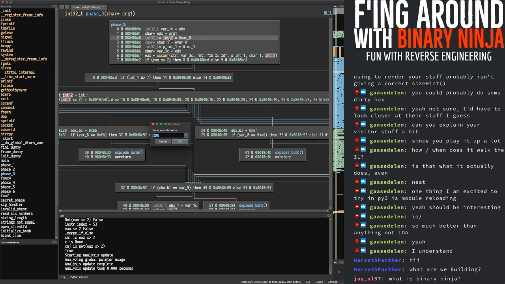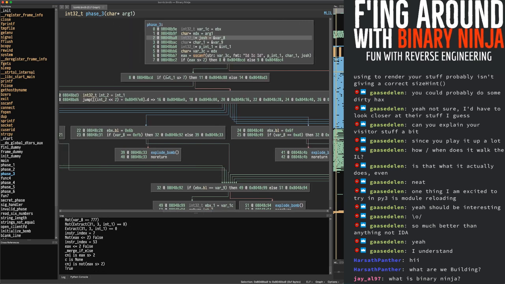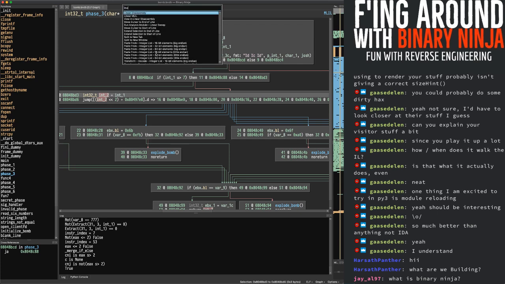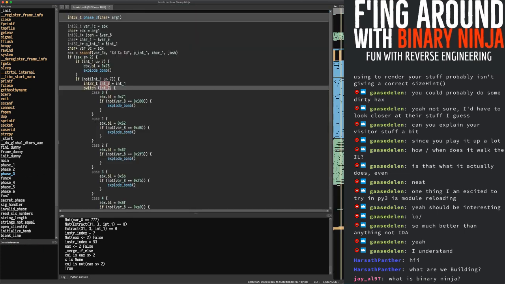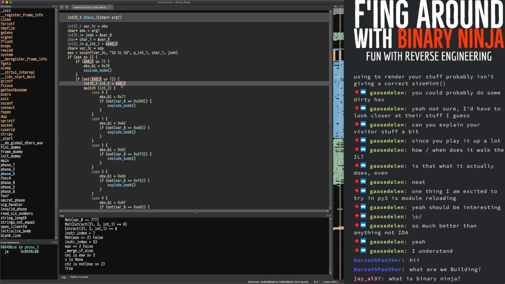Normally... Oh, maybe they're not. This one stayed named the same. Oh, I had named something int too. That's why it changed the name. Okay, so yes. So anyway, in a particular case like this, where it's int2 equals int1,